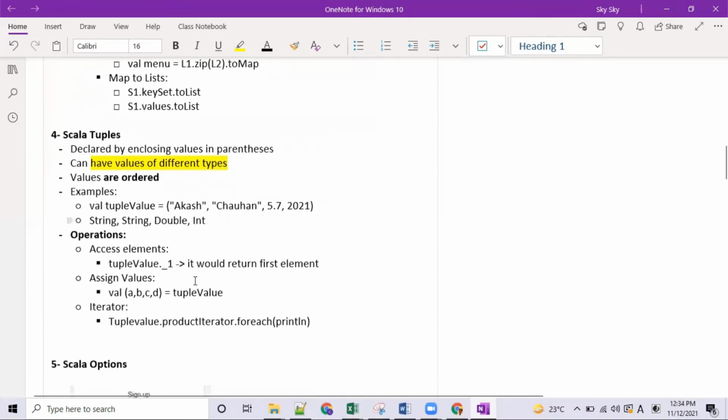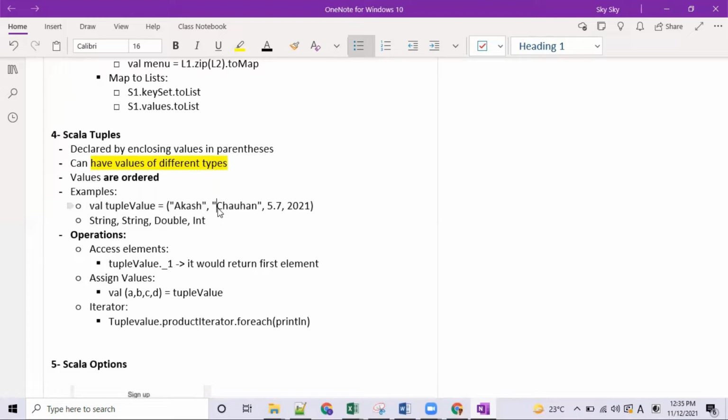Let's come to the tuple. Tuple is very simple. The only difference to remember between tuple, list and set is that a tuple can have different types of elements. As you can see, it has a string, then a float or double, and then an integer. If you define a variable like this, it converts into a tuple. It is not a list, it is not a set.